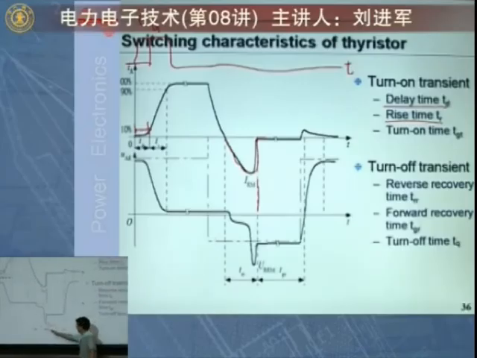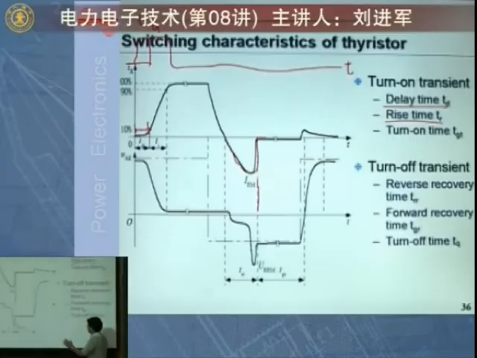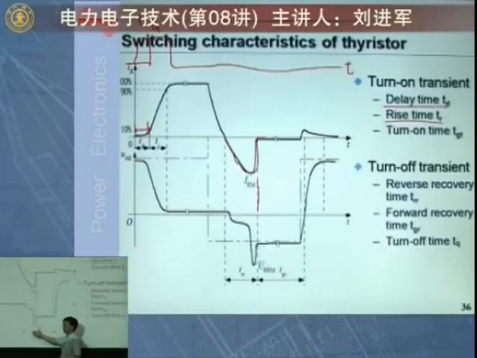So only when you apply positive voltage after that, the thyristor will not be turned on. The thyristor will recover the ability to block positive voltage. If you apply it before this time instant, the thyristor will probably be turned on, even if you don't have any triggering current. Okay? So, in general, if you want this thyristor to be turned off correctly, during the turning off